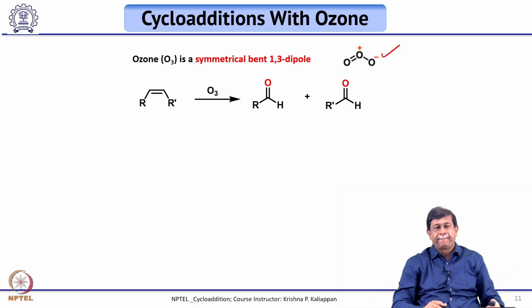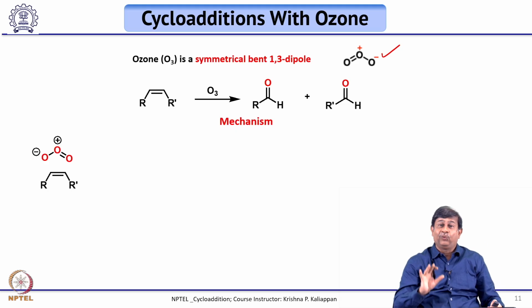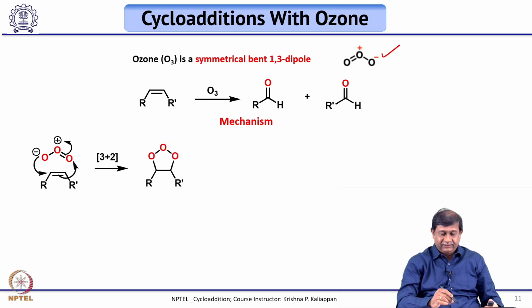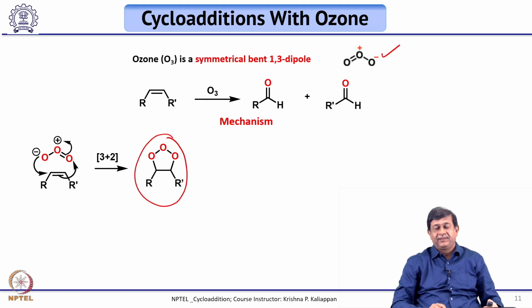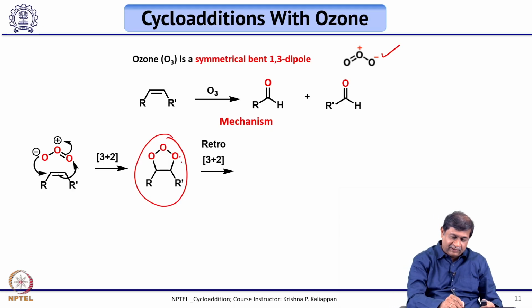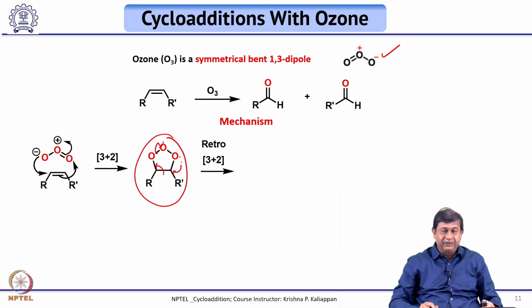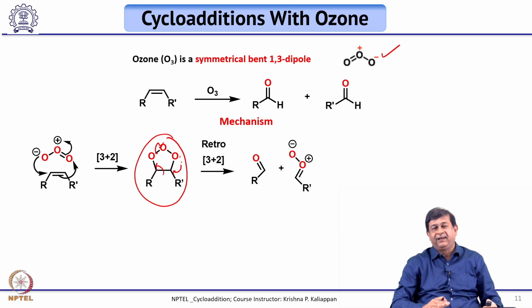So how does it happen? The first step is the 1,3-dipolar cycloaddition or 3+2 cycloaddition reaction. So that will give you the molozonide. So this is the first intermediate you get. Now this undergoes a retro 3+2. This lone pair on the oxygen comes and then opens, and then you get one side carbonyl, other side another